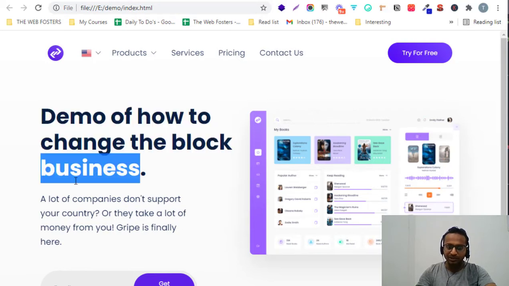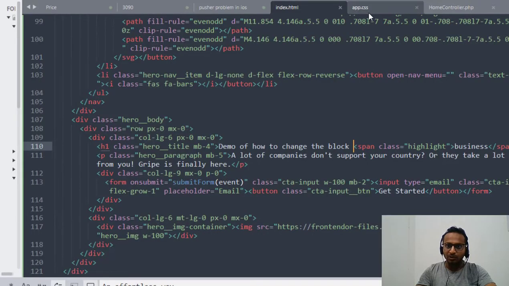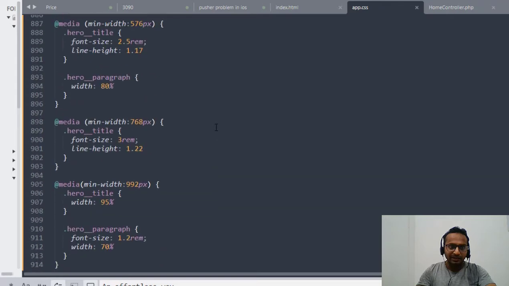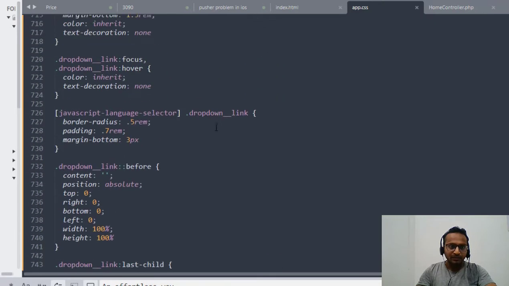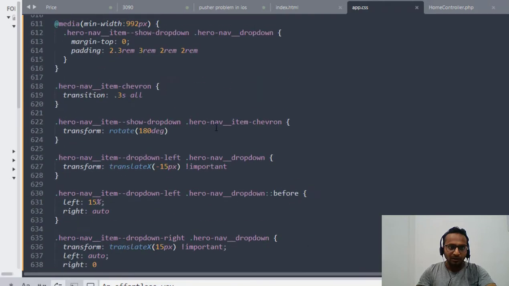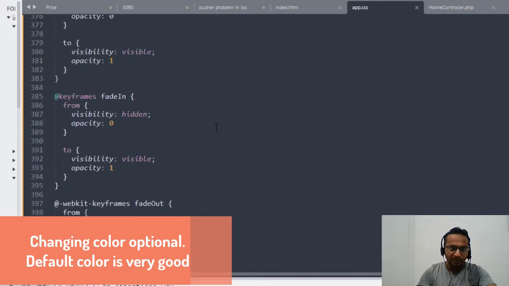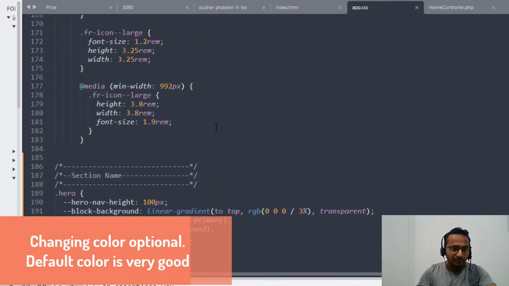Let me show you a demonstration of how to change the color of any of this section. I will go to the CSS file here, and you can see there are many different CSS blocks. The one which I copied right now is this block.